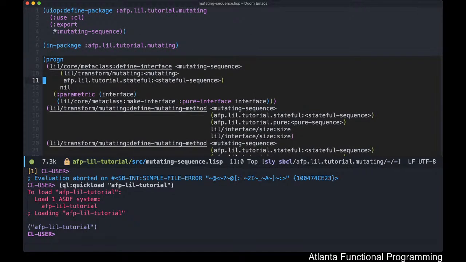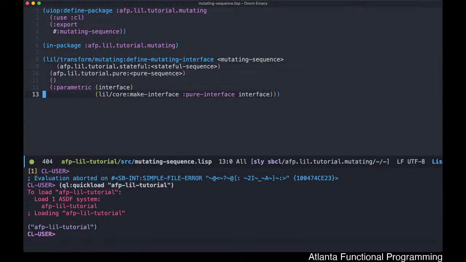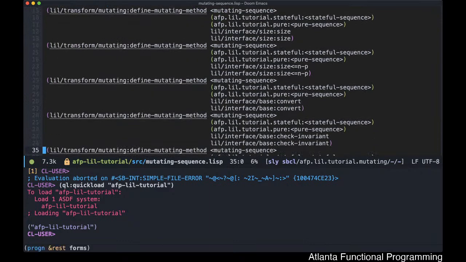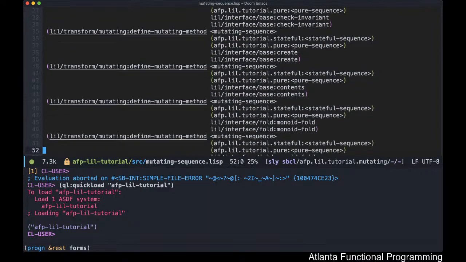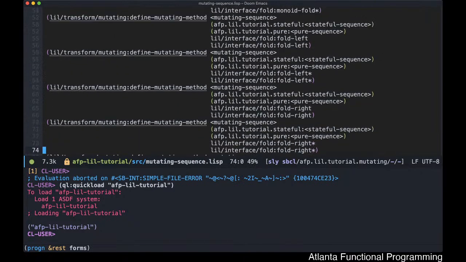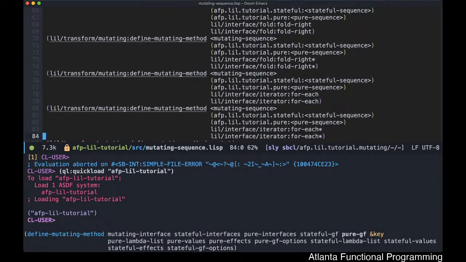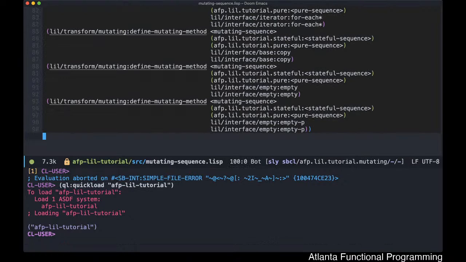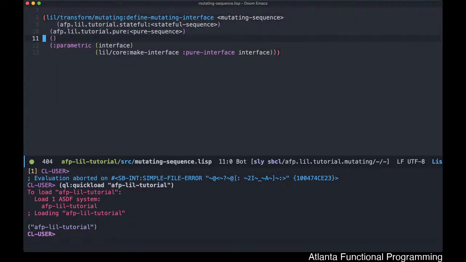Okay, so mutating sequence basically takes what our definition has, and it will go ahead and construct the mutating methods for you, I think. Or it's at the very least declaring them. And these are all the methods that are now a part of this interface that'll go and construct things. So once we do that,